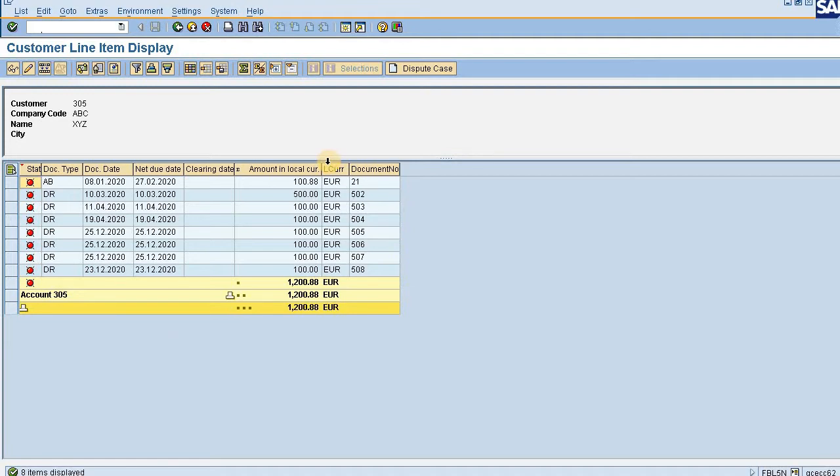Now the question is why. Now there are two questions. First question is why these items are not being reflected in the F.13 automatic clearing screen, and second question is how can we clear the customer then. Now the answer to the first question, why these items are not being reflected in the F.13 screen, is there